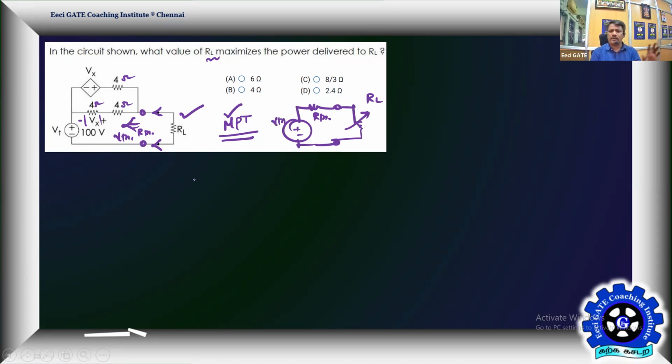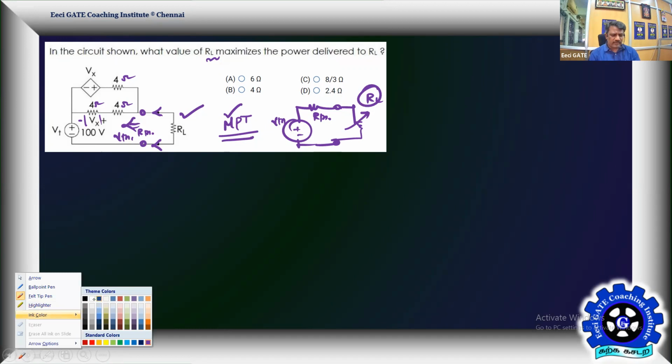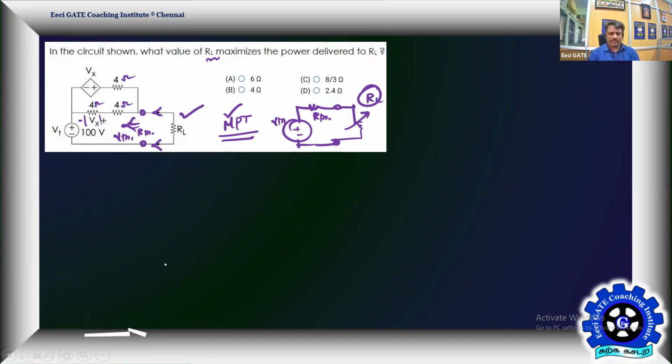That's the principle of maximum power transfer. For that, you need to set RL equal to RThevenin. In this case, it's not always. This RL equal to RThevenin is not the universal statement. For this case, when it resembles this, then this is the condition. So for the given case, RL equal to RThevenin gives the maximum power transferred.